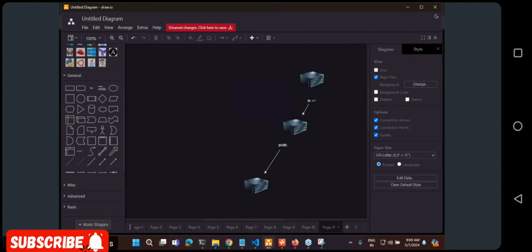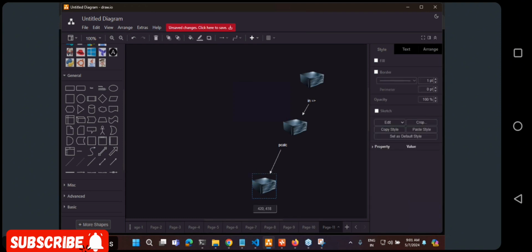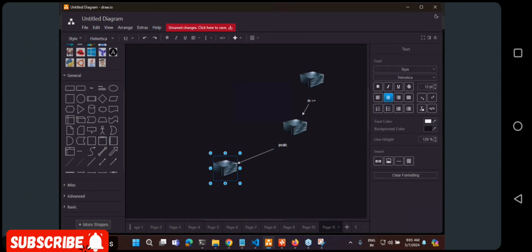If you have something like test.pcalc.in, there might be some other entries. Now this is exactly what is being told here. Root name server, top level domain, your personal calculator pcalc, and then this is the actual server where you will have entries. So in these entries, you would have records such as A record.